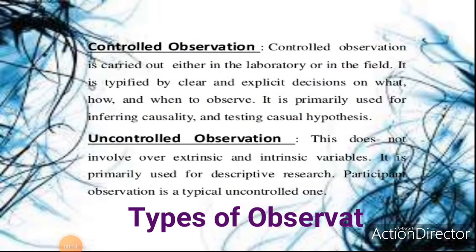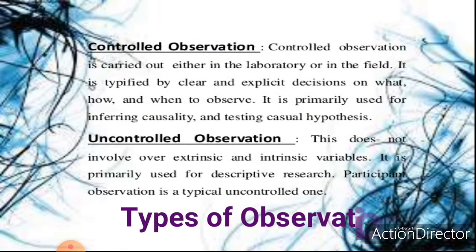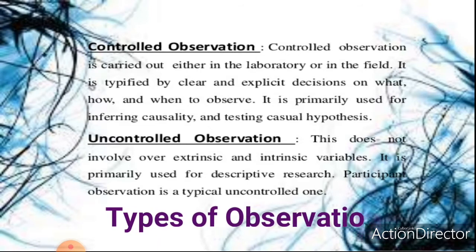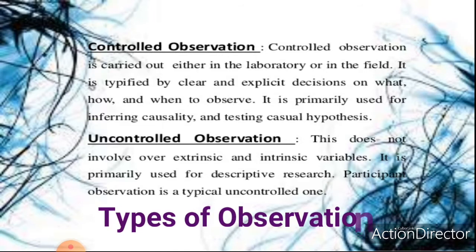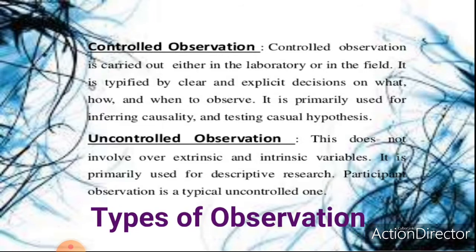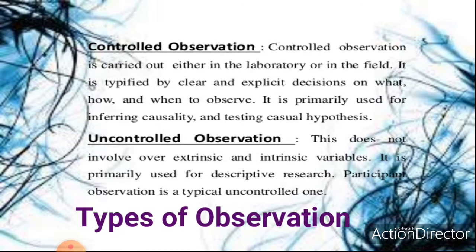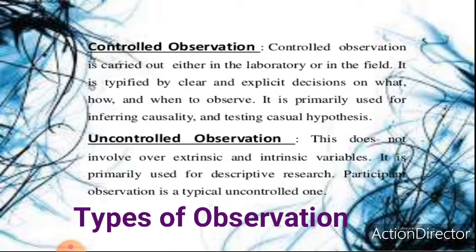Now next is controlled and uncontrolled observation. In controlled observation, the observation is done as per a pre-arranged plan. In this case, mechanical aids for obtaining data are used. Here the conditions of observation are standardized. This type of observation is conducted either in the laboratory or in the field. Now look at what is uncontrolled observation. In uncontrolled observation, there is no pre-arranged plan. No formal mechanical tools are used for observation. The data are collected without standardizing procedure. It is also known as simple or natural observation.